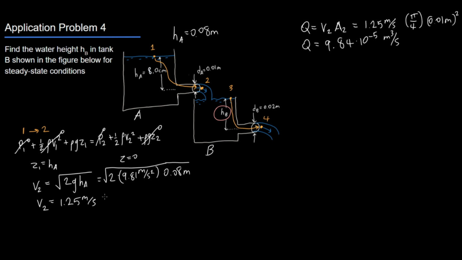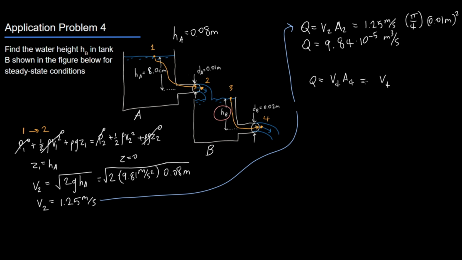So that's perfect. That V2 came from right over here. We'll just make sure it's real obvious. And with this, we are going to solve for V4. So we will have Q, again, equal to V4 A4. And in this case, we have Q and A. So V4 is just straight up equal to Q over A4,